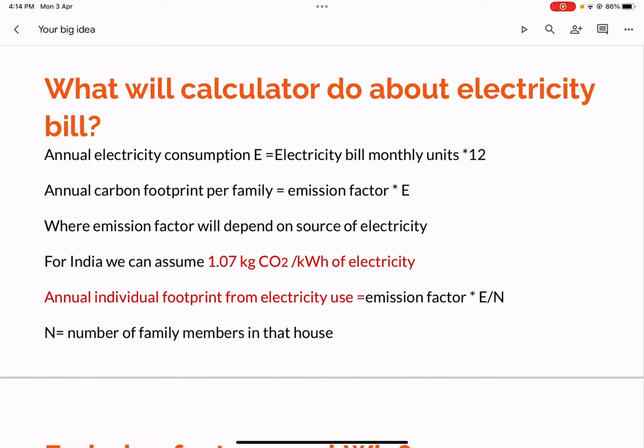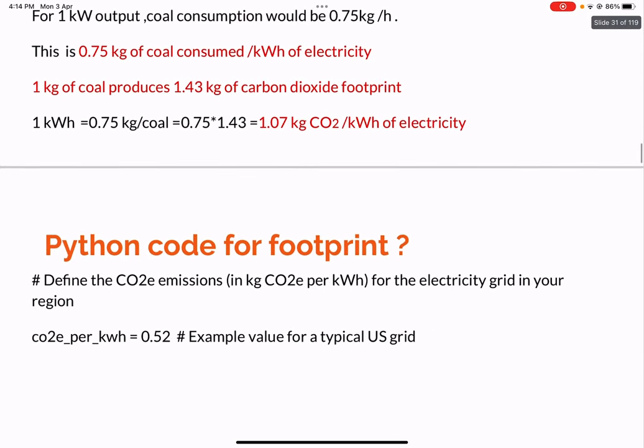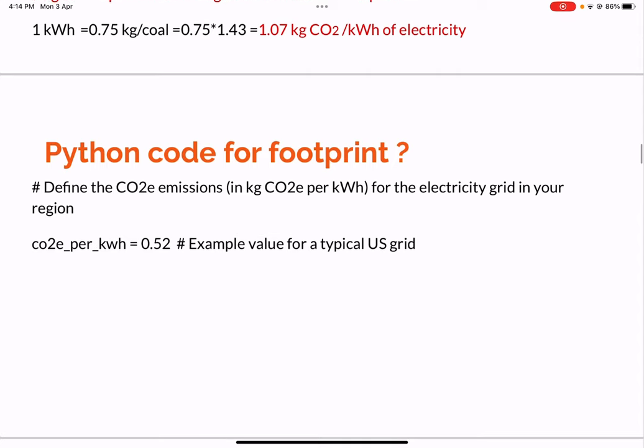Hello friends, we said that the calculator would require the data on the electricity bill. More specifically, it would require the data on the energy consumed by the user, right? Based on that data, one can arrive at the carbon footprint from the electricity consumed by the appliances in a particular home. So I plan to discuss a code which I had written to arrive at the footprint for the electricity grid